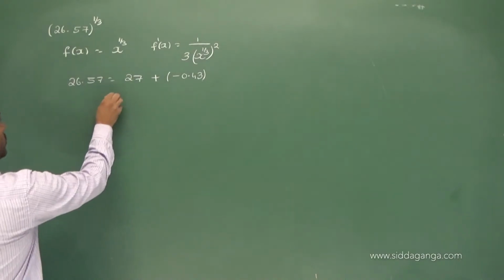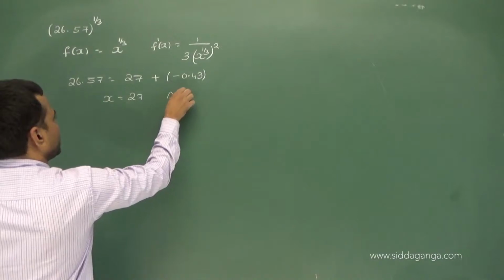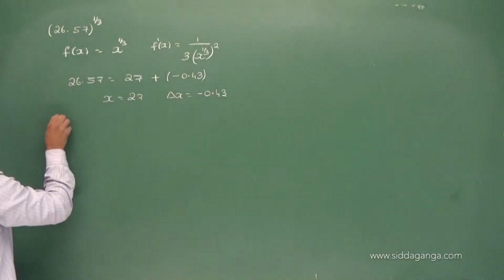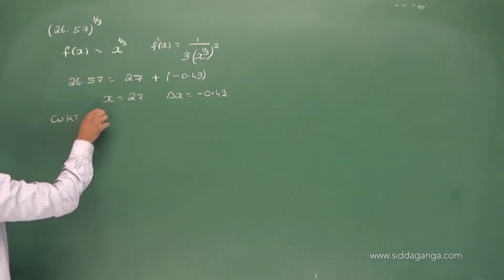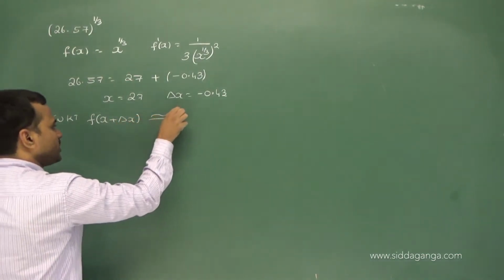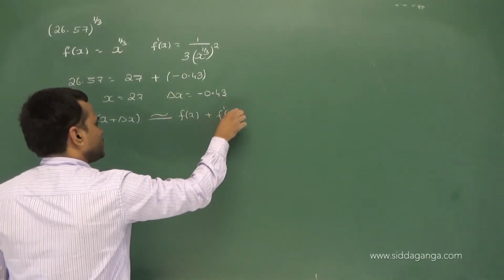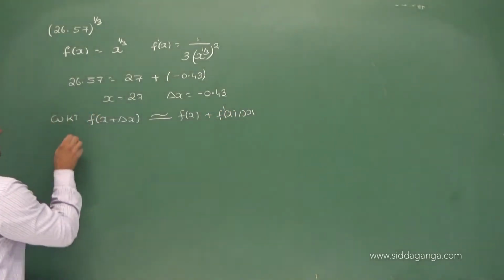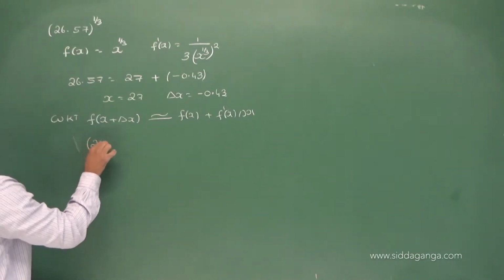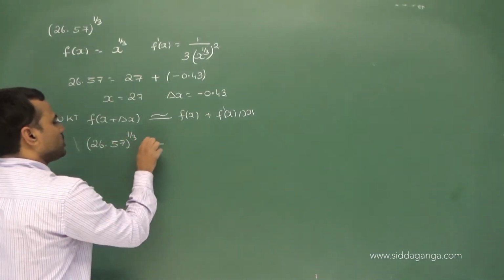26.57. X is equal to 27, a perfect cube number. Delta x is equal to minus 0.43. We know that f of x plus delta x is approximately equal to f of x plus f dash of x into delta x. Substitute the value directly, no problem. Cube root of 26.57 is approximately equal to